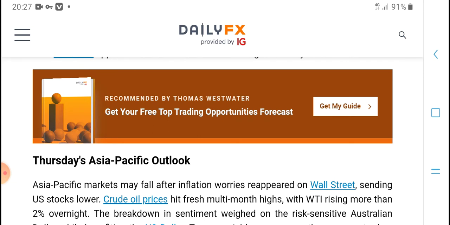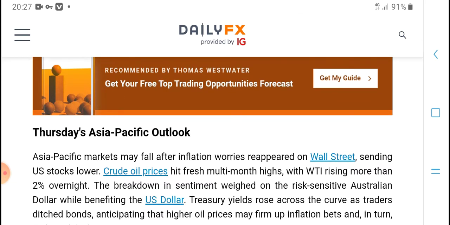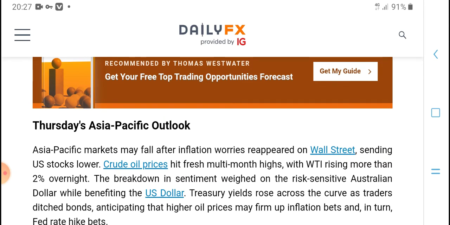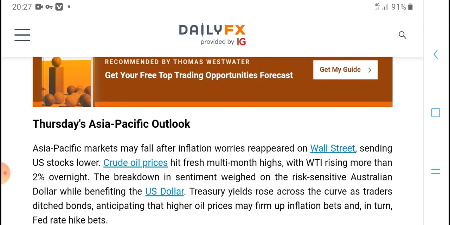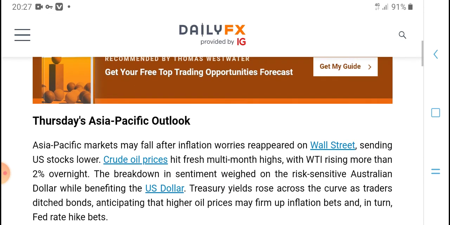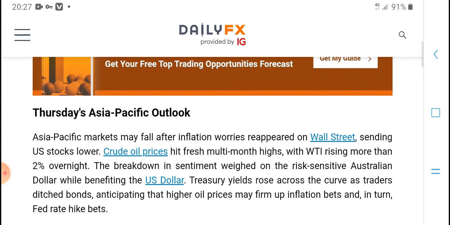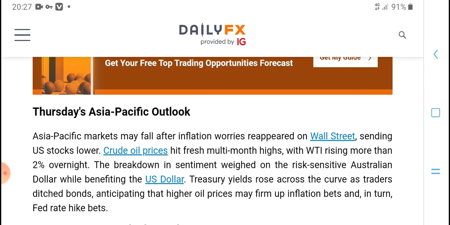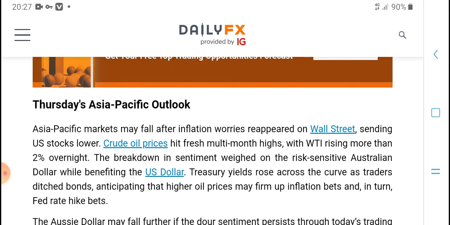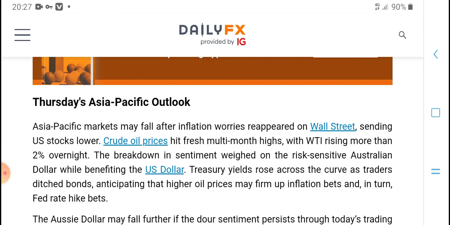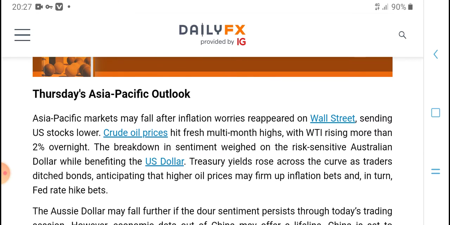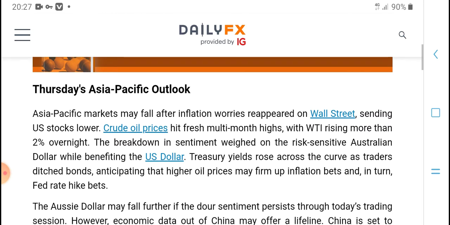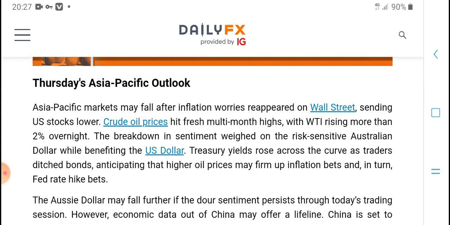Tuesday, the Australian dollar outlook in the market. Many fail after inflation worries and reflection on weight in the stream, sending US stocks lower. Crude oil price hit a fresh multiple-month high, more than 2% our light, with the breakdown in the weight on risk, the Australian dollar with the benefit of the USD dollar. Traders and the bond attempted